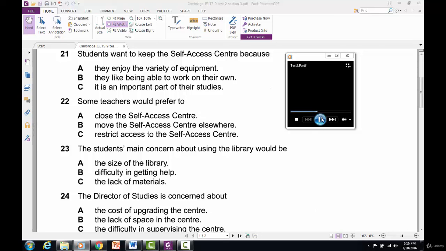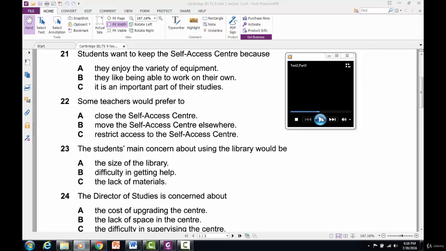Is the cost going to be a problem? It's not so much the expense that I'm worried about, and we've certainly got room to do it, but it's the problem of timetabling a teacher to be in there outside class hours. If we're going to spend a lot of money on equipment and resources,